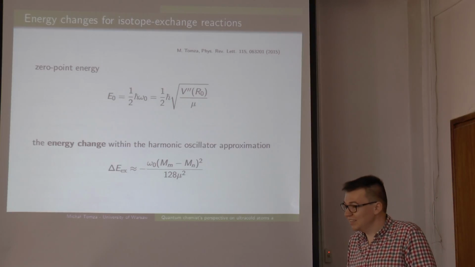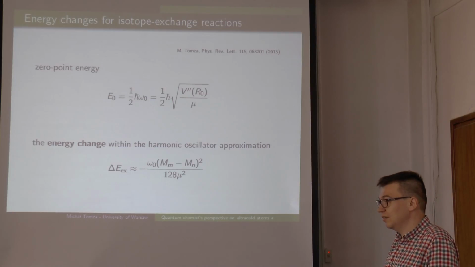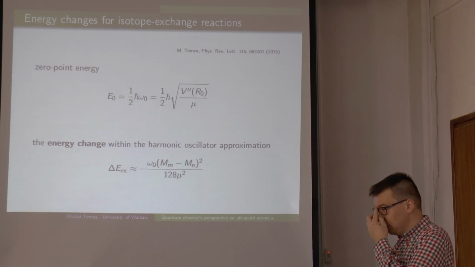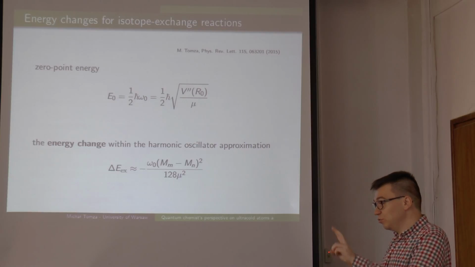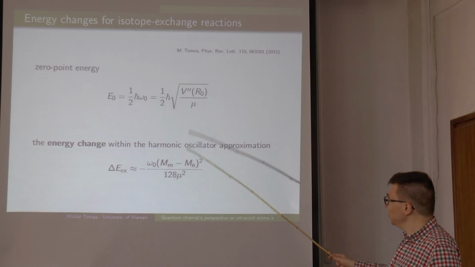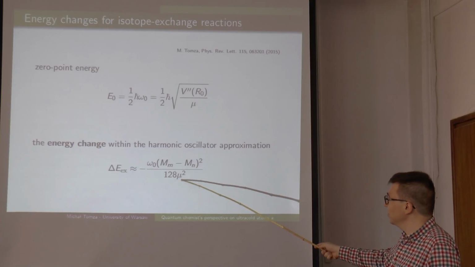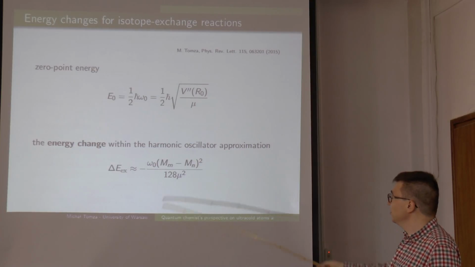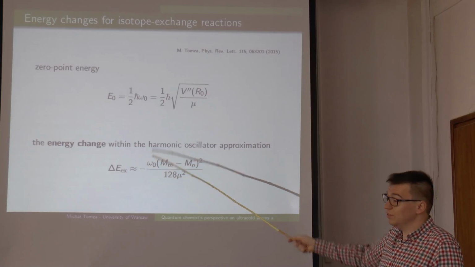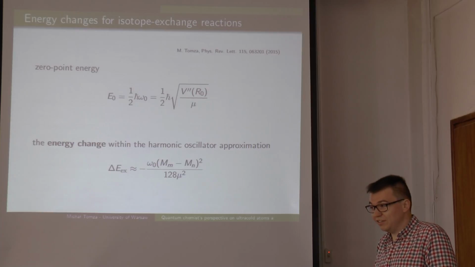The isotope difference is just the number of neutrons. How much is it? So this number is 4. Yes, this number is 4 here, divided by the reduced mass of the molecule, which is quite a large prefactor, so it's really small, a very tiny part of the lowest vibrational excitation.